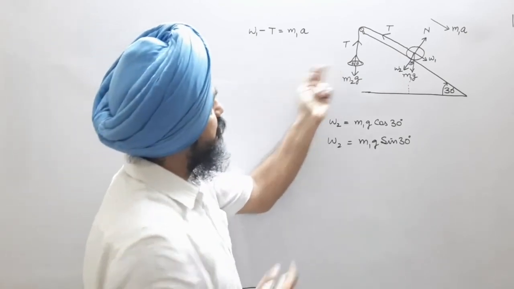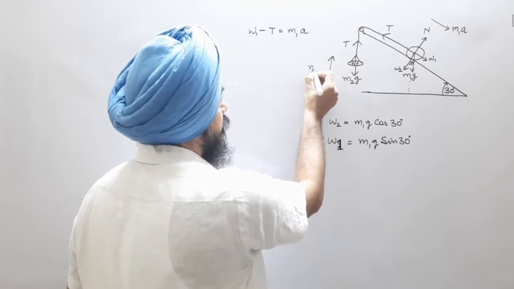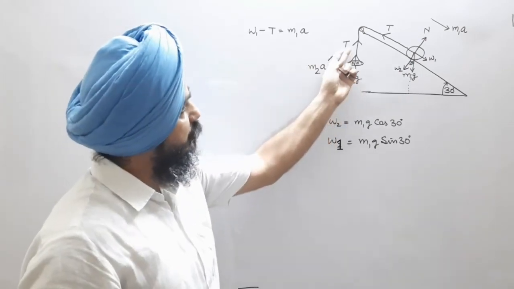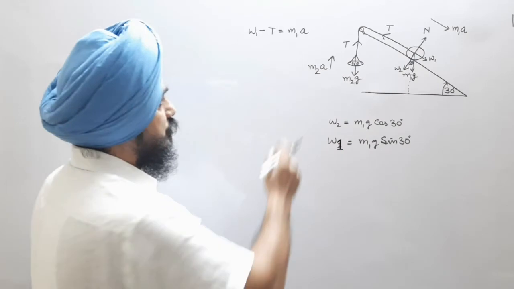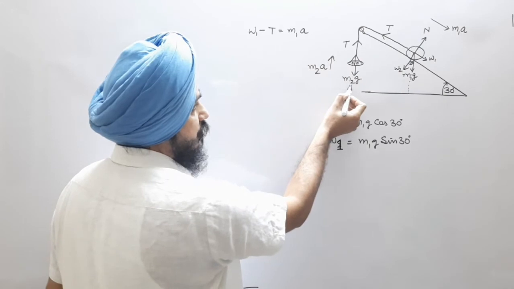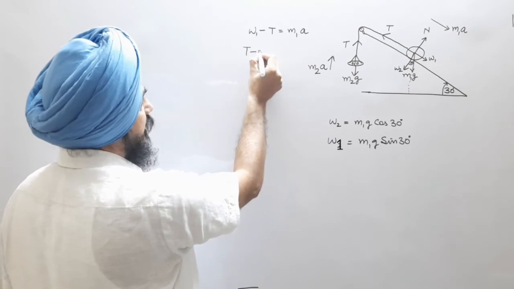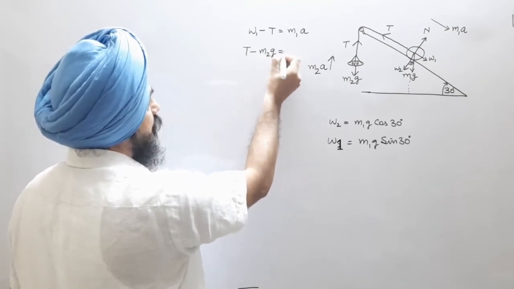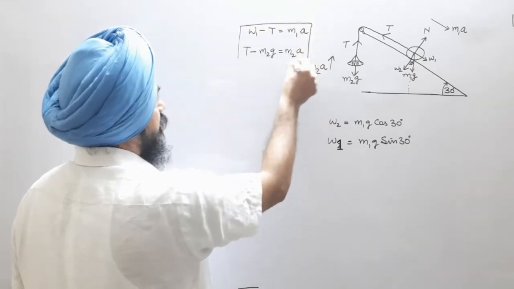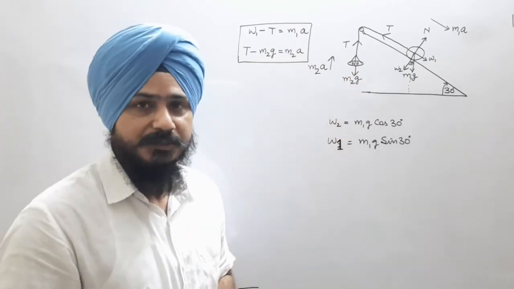And this pan will move upwards, thereby giving it an external force which will be written as M2 times A upwards. So this pan will move upwards if the roller moves downwards. Why will it move upwards? Because the tension in this string will exceed the weight of the pan. So the difference of tension and weight of the pan will give M2A. So this is the method of writing the equations of motion in these types of problems.